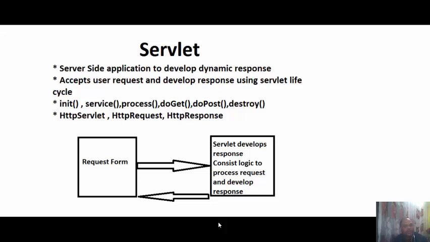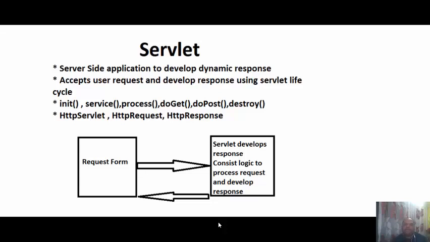Do you get my point clear? What is called a static response and a dynamic response? In case of static response, the server just provides the static pages to get loaded onto the web browser. But in case of dynamic response, server-side logic plays a role.